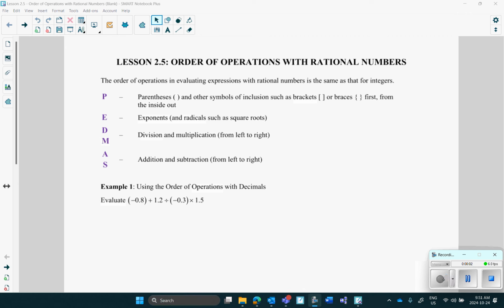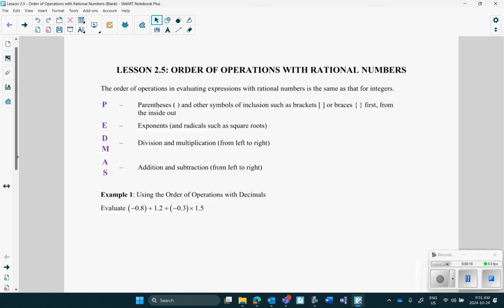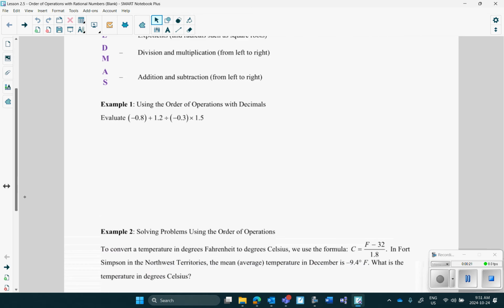Again, this combines things that you already know: order of operations and operations with rational numbers, positive and negative fractions, positive and negative decimals. So remember, when we do a question like this,